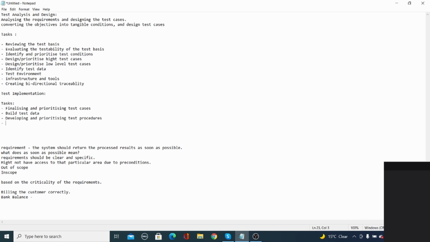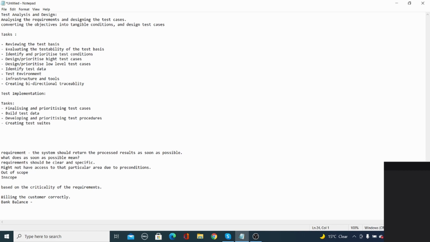Creating test suites from test procedures for efficiency. What is creating test suites? You have decided that you are going to execute test cases in a specific order.